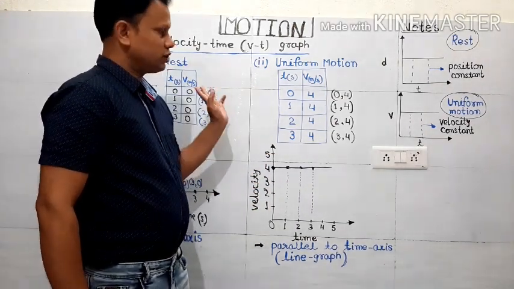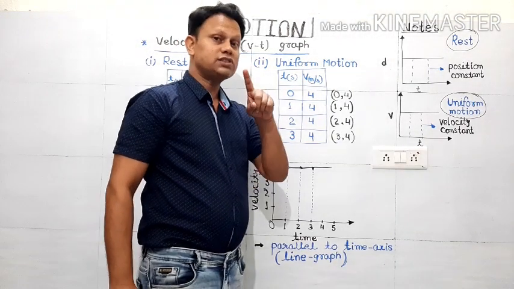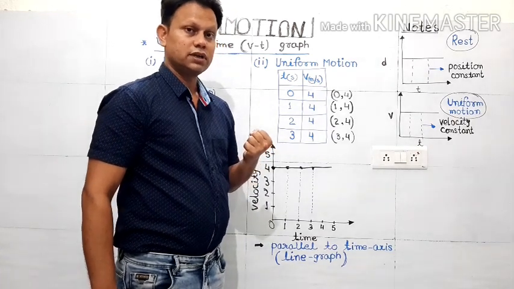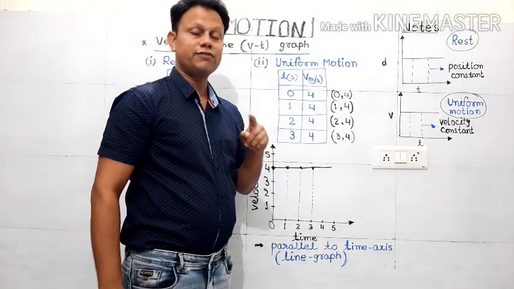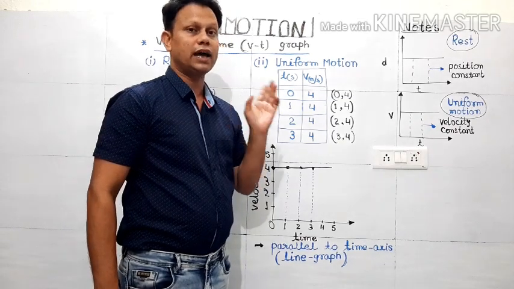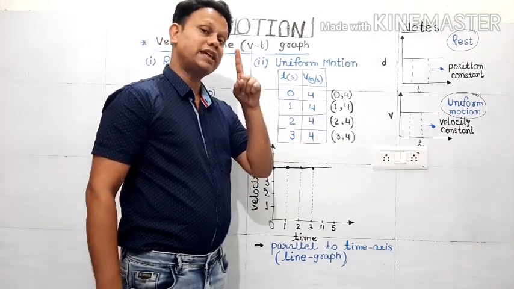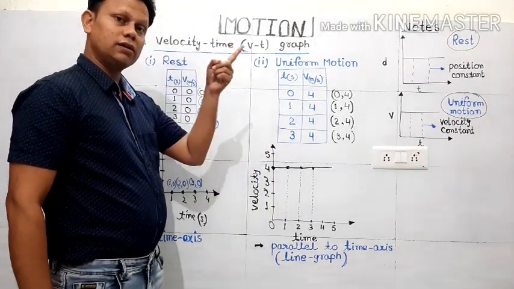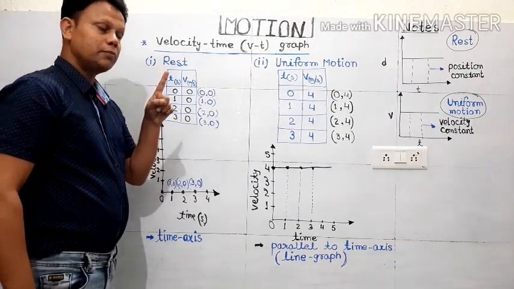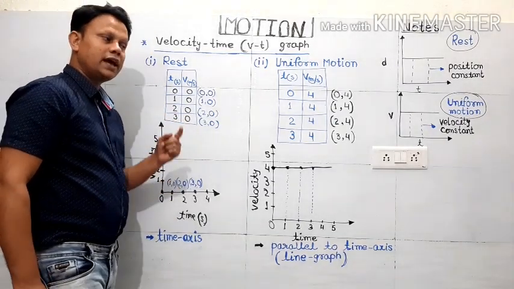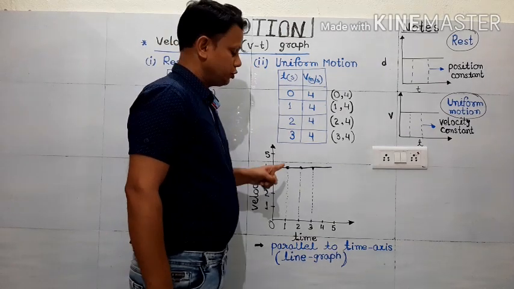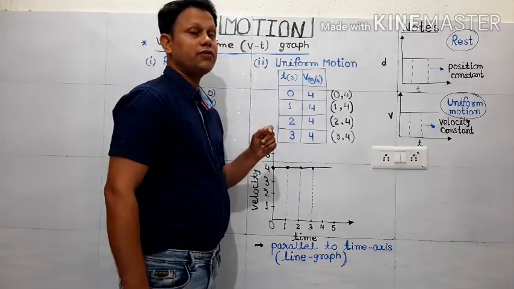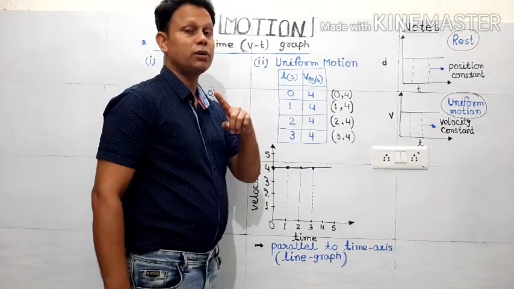Now, after comparing these two graphs and the previous knowledge about distance time graph, sometimes a confusion comes in the mind of the students. That there also in the DT graph we get a situation in which the line goes parallel to time axis. But that situation shows rest. But in DT graph, the parallel is showing rest, and here uniform motion is shown by the parallel line. In DT graph, uniform motion comes inclined. So please be careful about that.